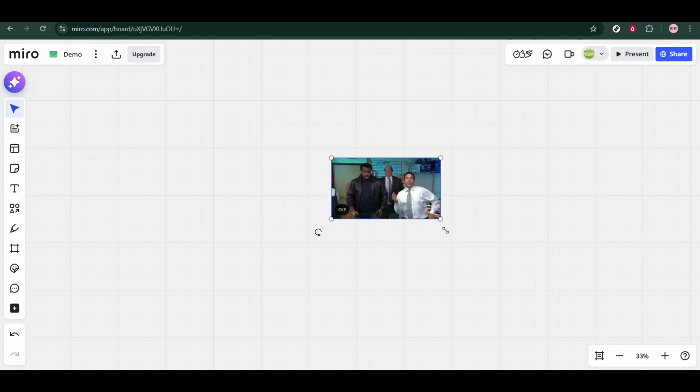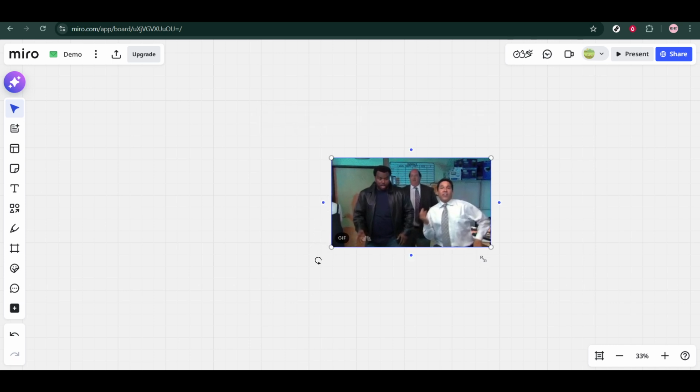If you don't see the right icon, try widening your browser window or collapsing other panels to reveal the Creation toolbar. Make sure you have edit access to the board. View-only access won't let you add media. If your search is too narrow, switch to a broader keyword to surface more results,